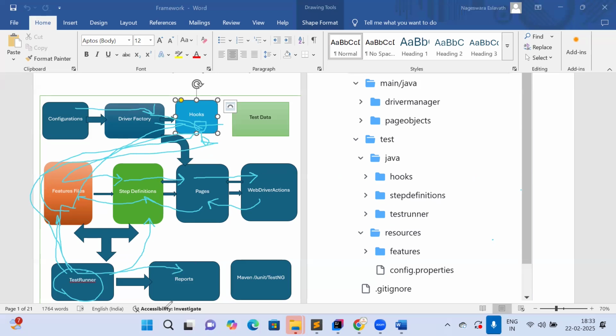The mentioned report is created in that, and we are using project